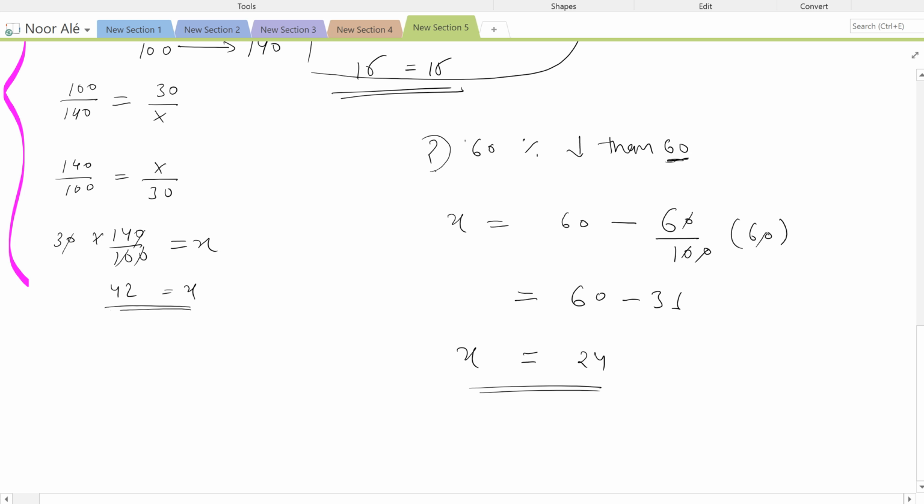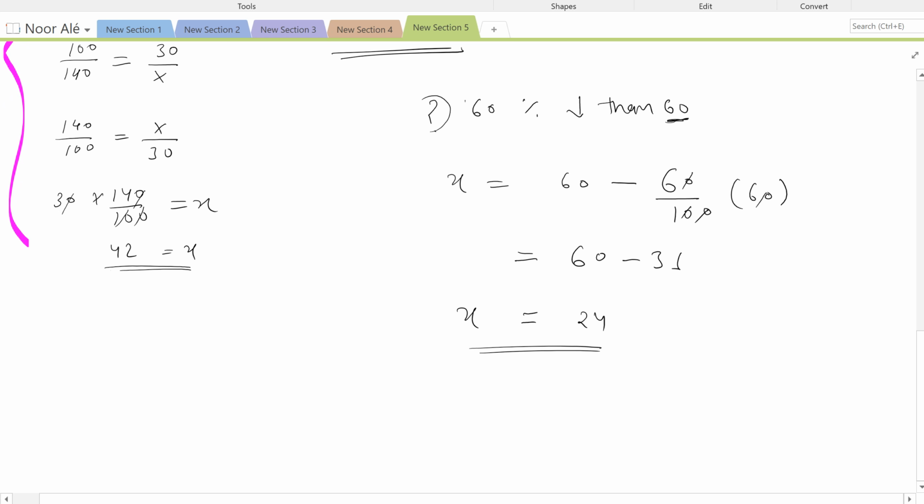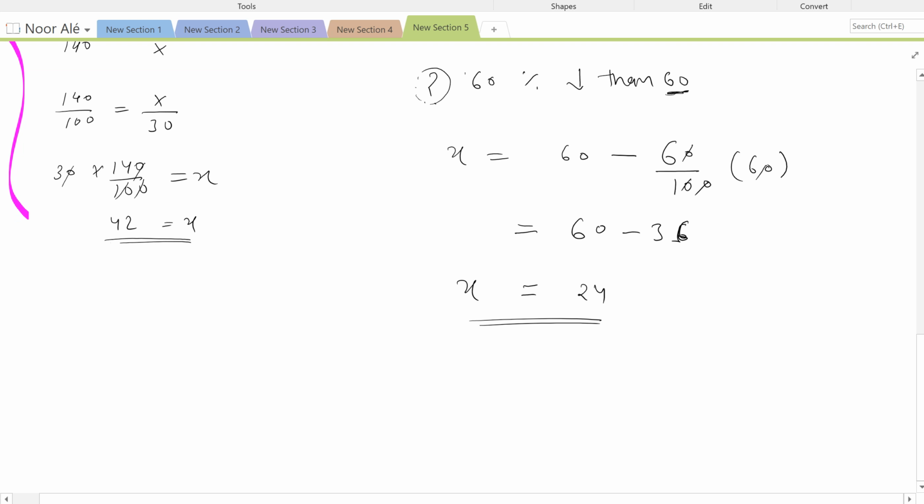So x is 24. That means 24 is 60% less than 60. Okay, so I see. That's 36, sorry, 60 minus 36, right? Yeah, 60 minus 36. 36 is 60% of 60, and this equals 24. And then the way that we could do it too, now, the